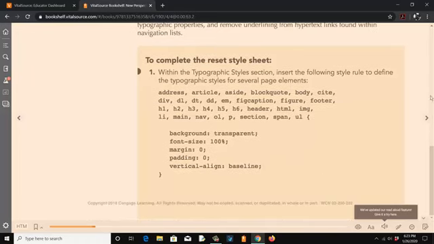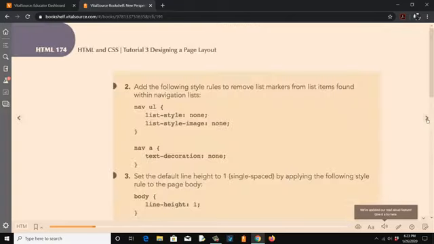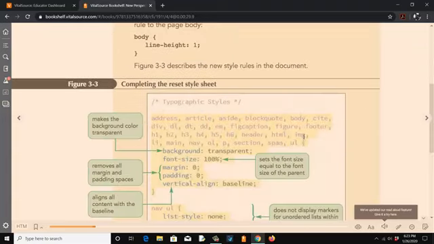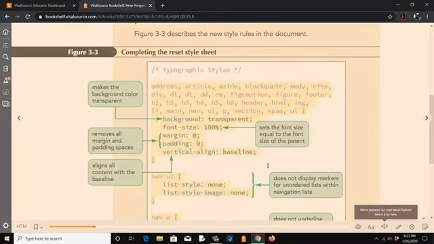So then on top of that, with our other style sheets, you'll do additional things. So this is to remove the bullets from the bulleted lists, and this is to remove the underline from the hyperlinks inside the nav, and this is the line height. So here is your entire reset style sheet,